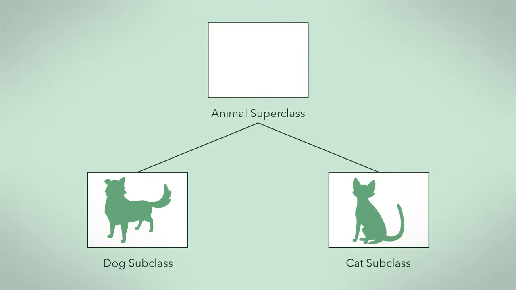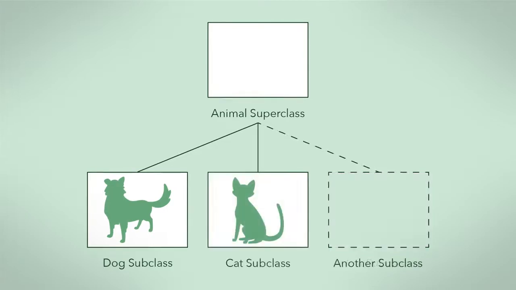The subclasses will inherit attributes and behaviors from the superclass. Since cats and dogs are both animals, they inherit from the animal superclass. One of the advantages of doing this is that any changes to the code that is common to both subclasses can be made in just the superclass. The second benefit is that we can easily add more animals to our system without having to write out all the common attributes and behaviors for them. Through inheritance, all subclasses of the animal class will be endowed with the animal class's attributes and behaviors.